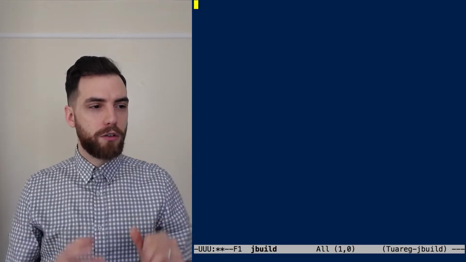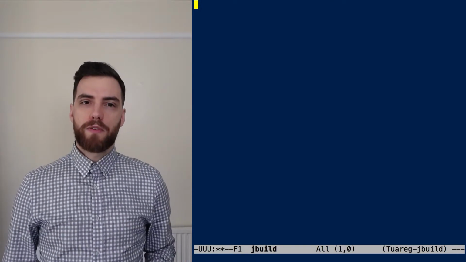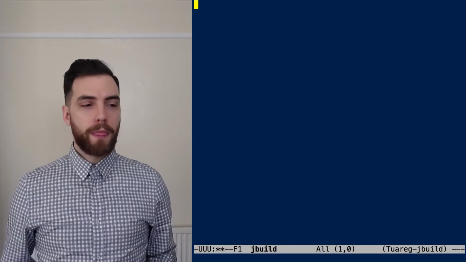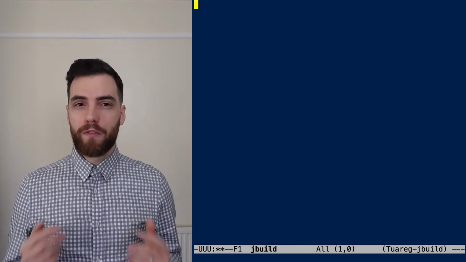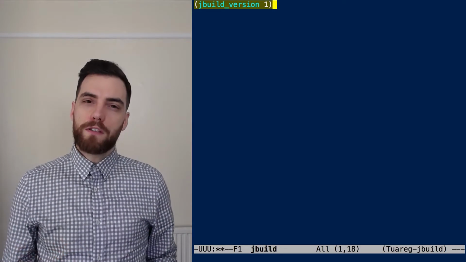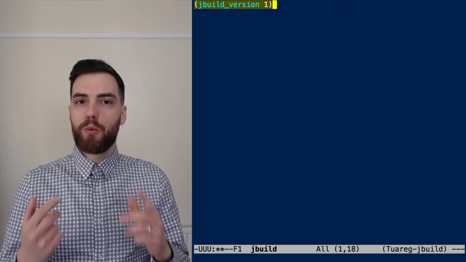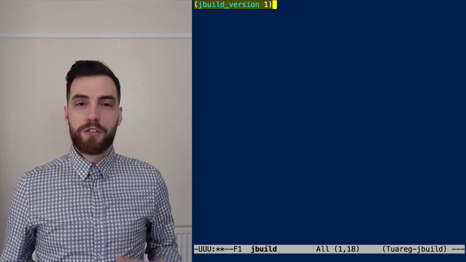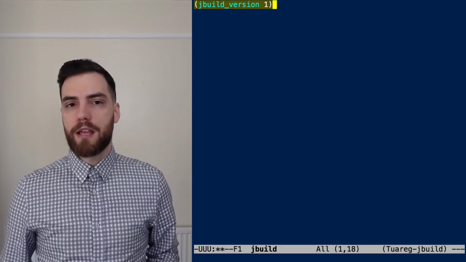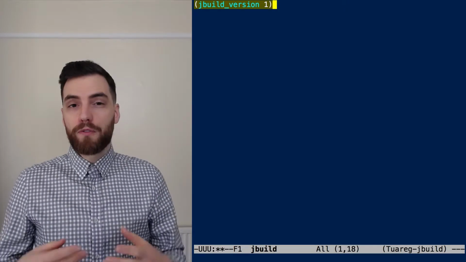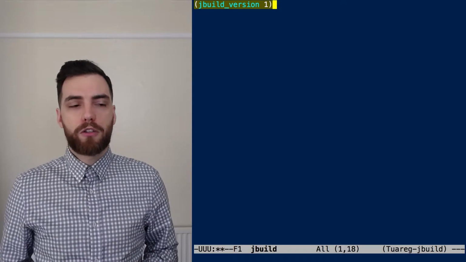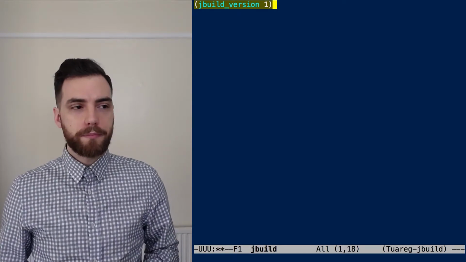So now let's look at what information we write in this file. Typically JBuild files are composed of stanzas. One stanza you will have in every JBuild file is jbuild_version, and it gives us the version of the specification we are using in this file. If in the future we decide to make some breaking change to the language, we will increase this number. Then what follows is a list of stanzas that describe what we have in the directory where the JBuild file is.